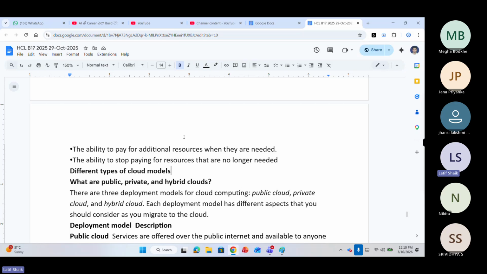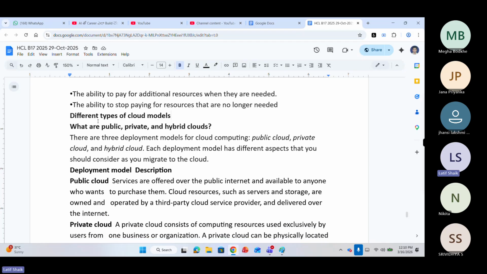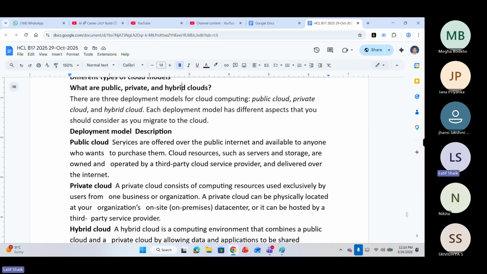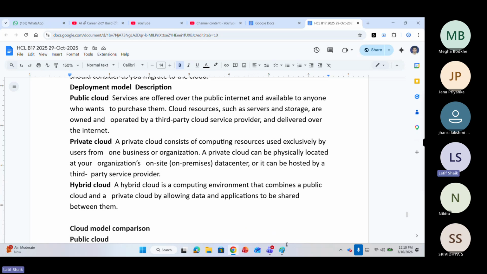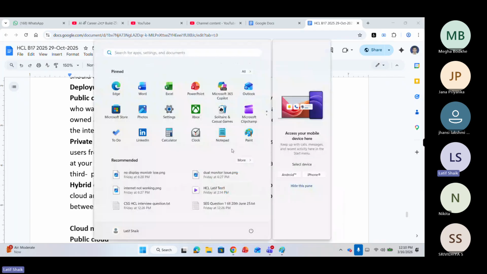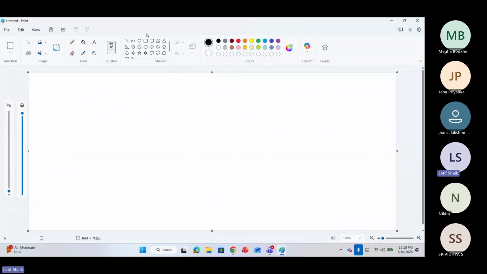So we discussed what is cloud computing and what the advantages of cloud computing are. In the cloud, there are mainly three types of cloud models: public cloud, private cloud, and hybrid cloud. What is the public cloud? The public cloud is like the cloud service provider. Public cloud is a cloud service provider